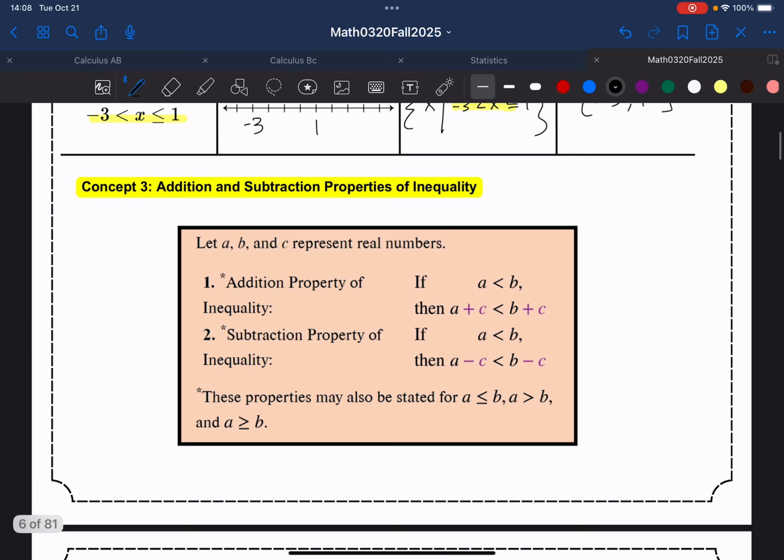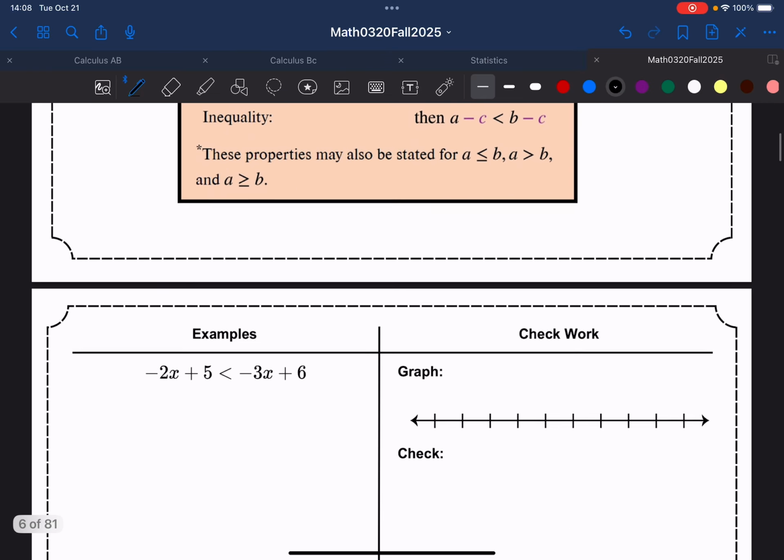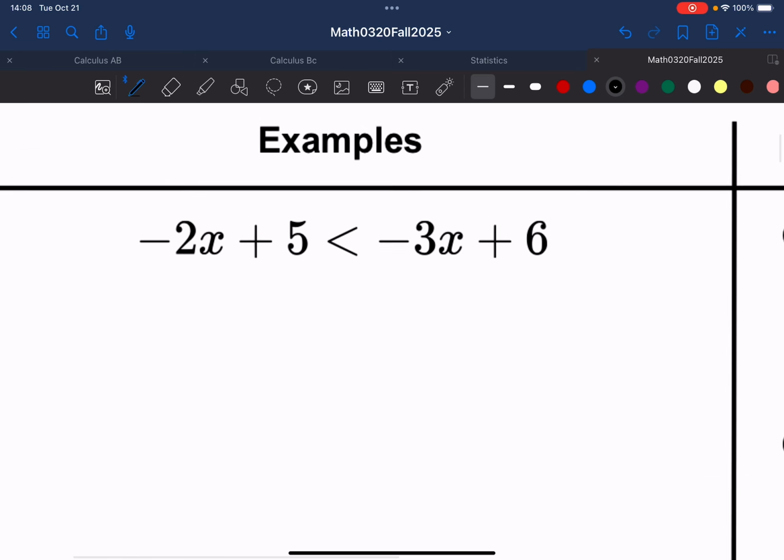Okay, next concept is adding or subtracting properties of inequalities. So all this says is that if we were adding or subtracting values to either side of the inequality, the inequality does not change. Okay. For example,